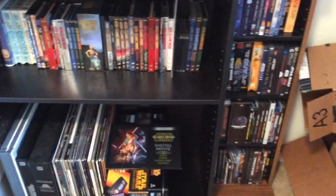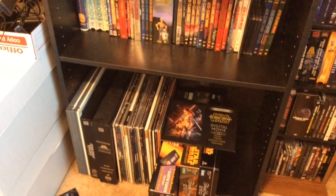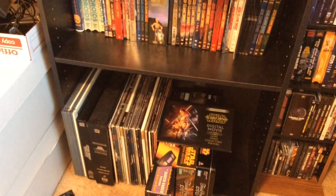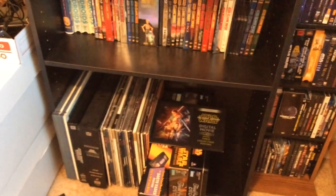Now the bottom shelf over here, those are the things that are just too big to fit anywhere else. So you've got CEDs crammed in there on the left, then the box sets from newest to oldest of Laserdiscs, then the rest of the Laserdiscs that I have, and then those 3 next to it,